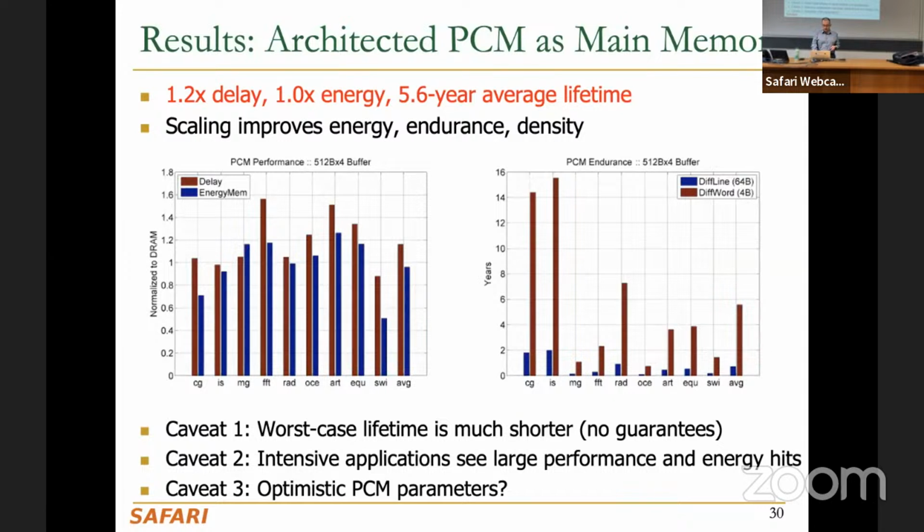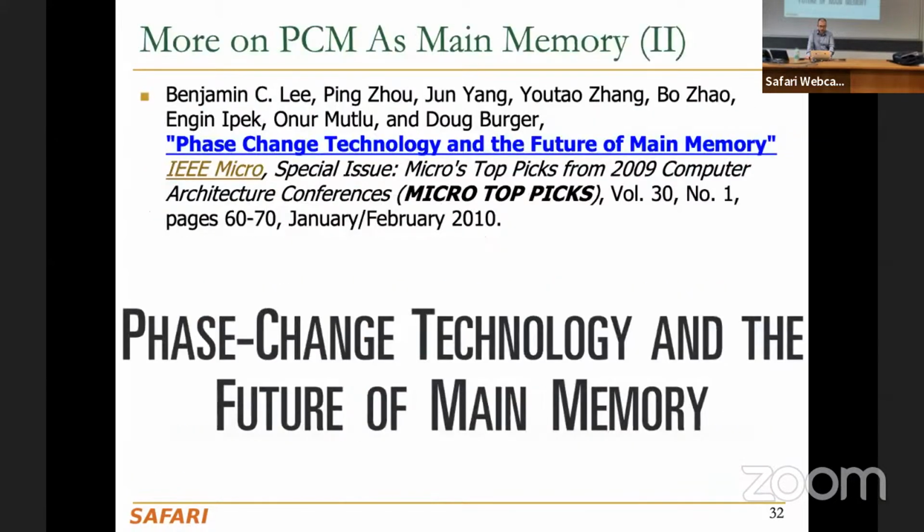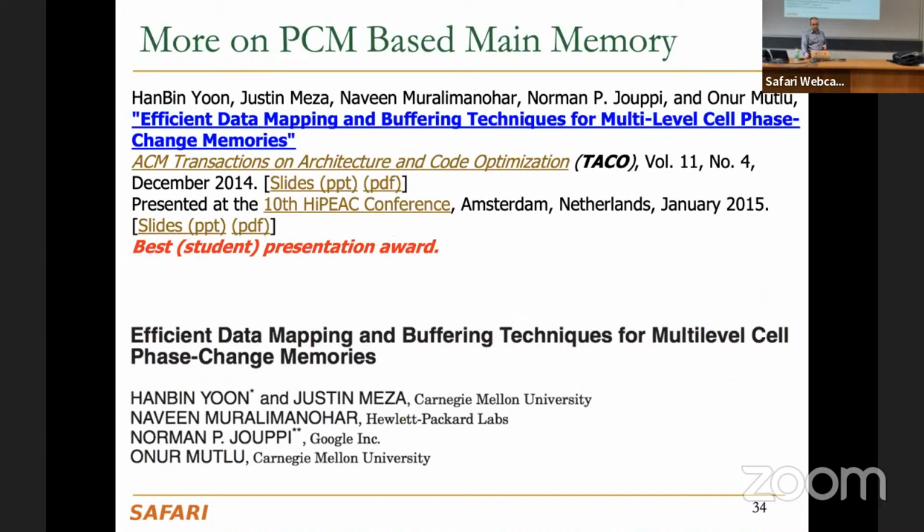So if you're thinking of completely replacing main memory with PCM, then you don't get a performance improvement, while you get degradation. And also there are issues like there is no guarantee on lifetime and many other things that we already discussed. If you want to learn more, you can check this paper. And this is also the DIMM that we discussed, Intel Optane, released in 2019, which is 3D XPoint technology, but very similar to PCM.